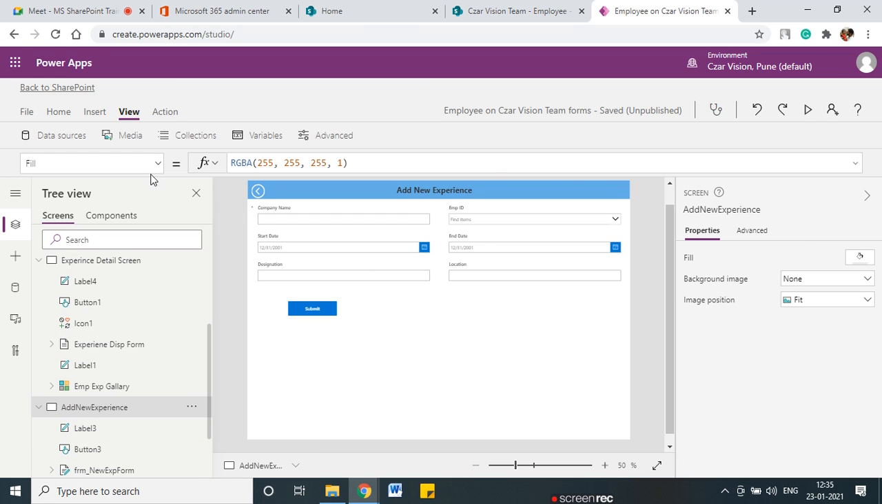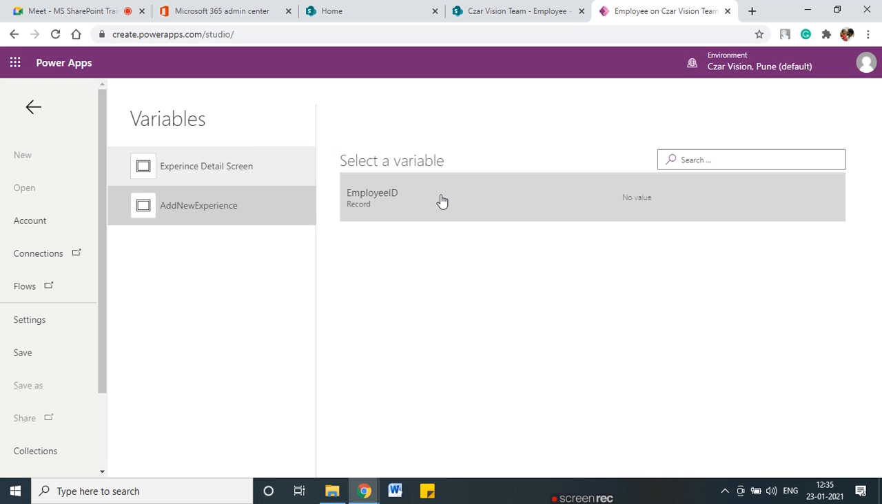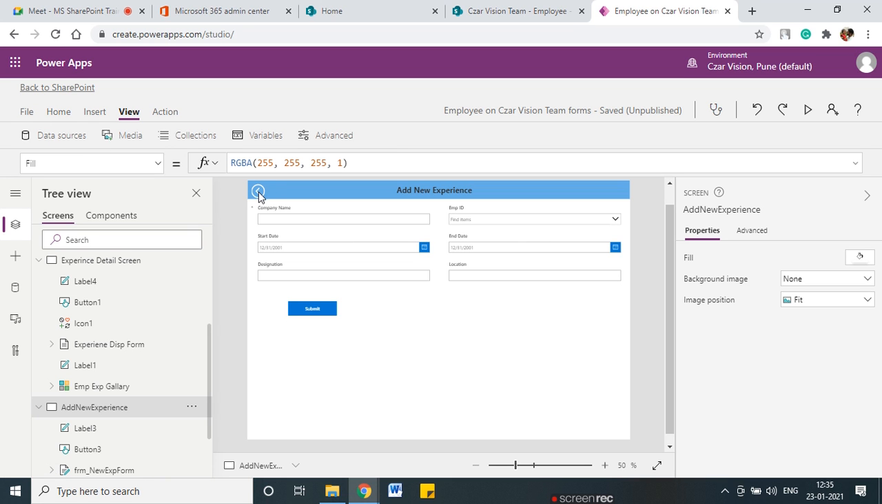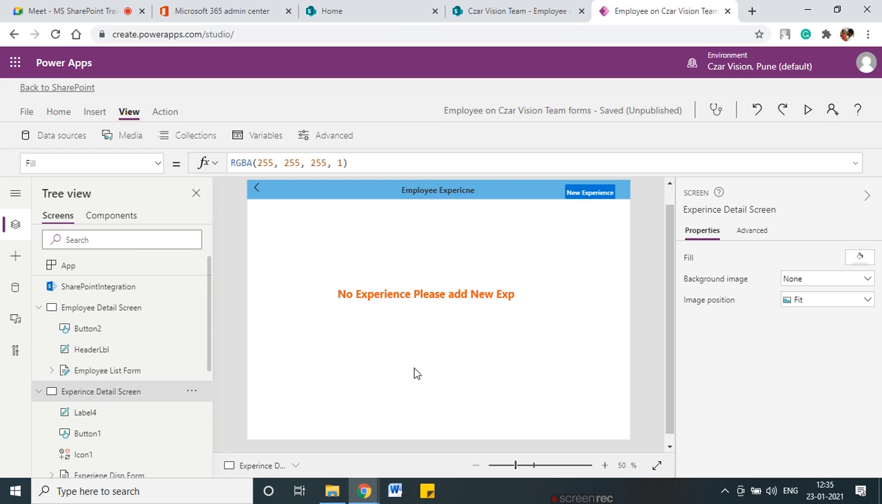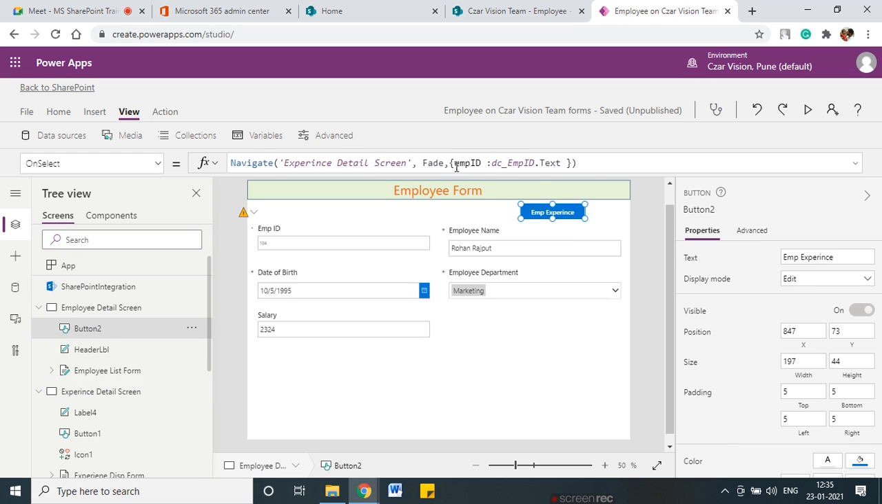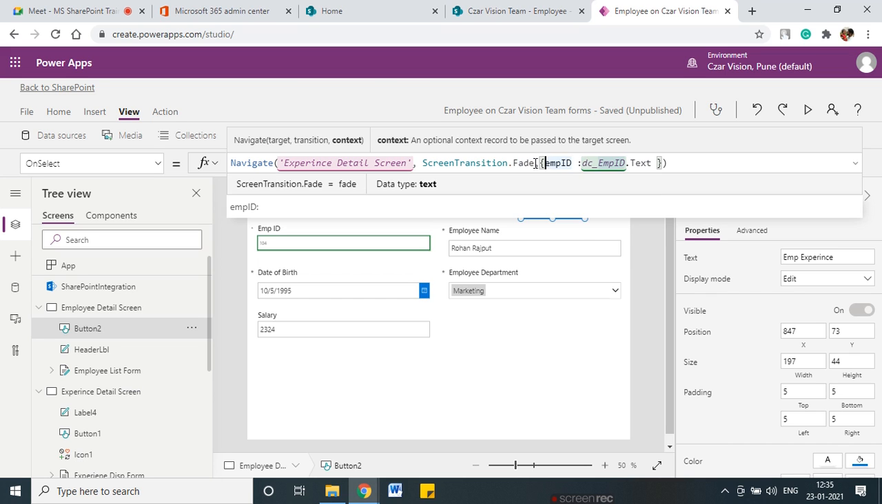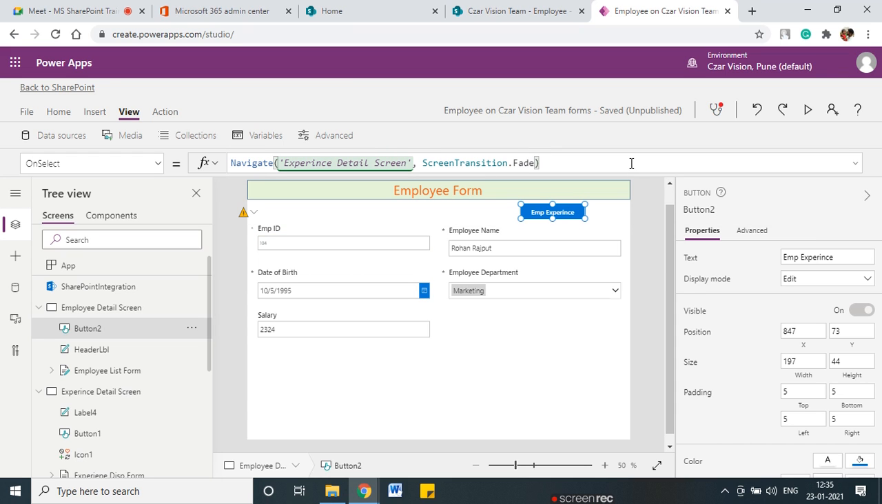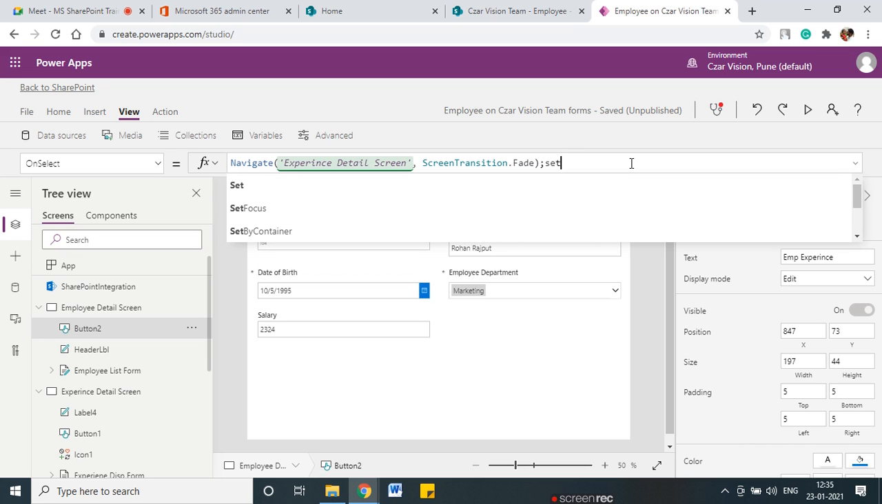If we navigate here and here, I don't think it will show that. See, 104 is appearing, but that is a local variable. Local variable means the scope of that variable is only up to this screen. But if I set this as a global, once I click here, instead of saying it like this, I set one global variable here. I remove this and say semicolon set,